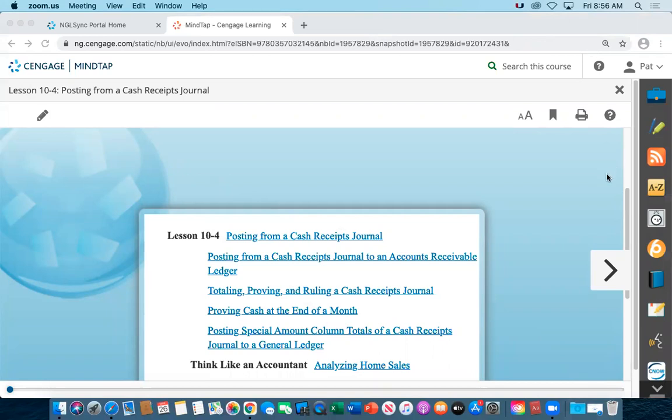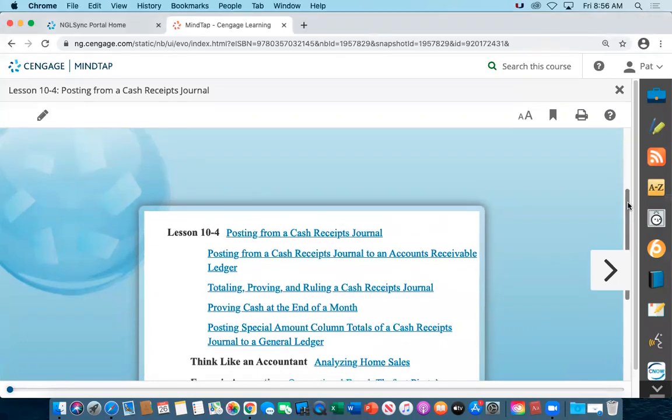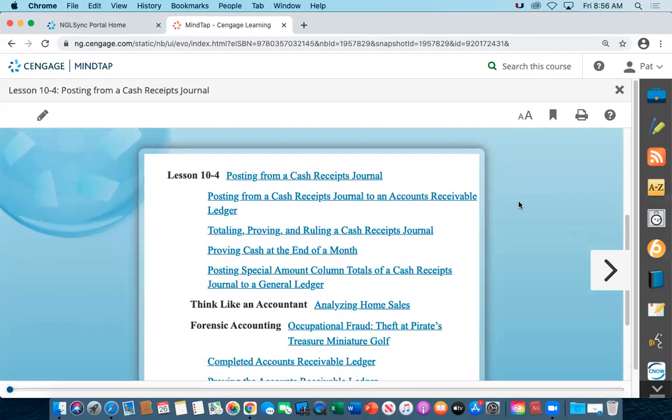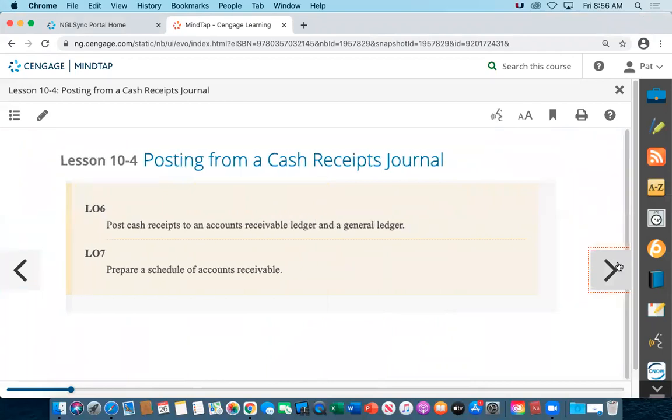All right. So let's talk about 10-4. If you can remember from 10-2 and from 9-2 and 9-4, that is our process here. We do some transactions, then we post, or we total, or we do a combination of both, post individually and post the totals. We have to make sure pages are equal, so our debits have to equal credits. And then today we're also going to do one more thing called proving cash, making sure our cash receipts journal